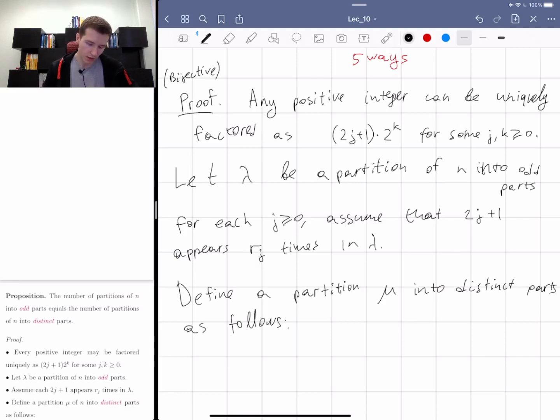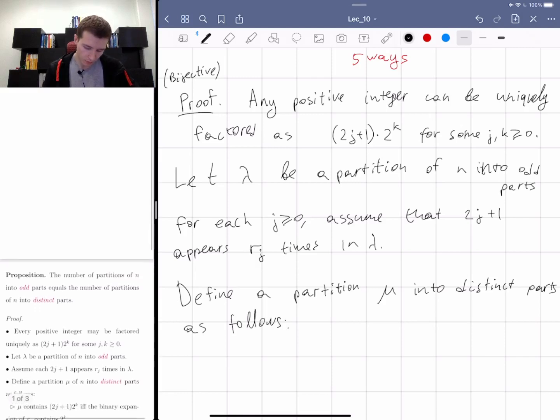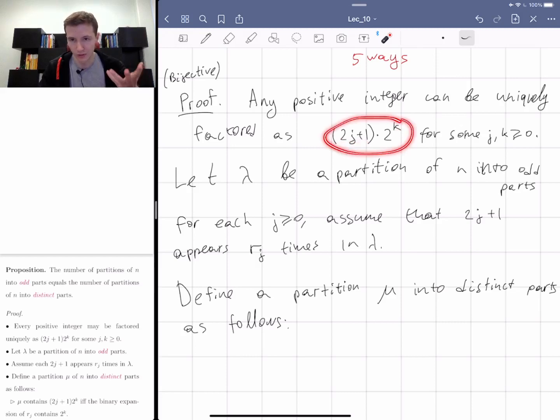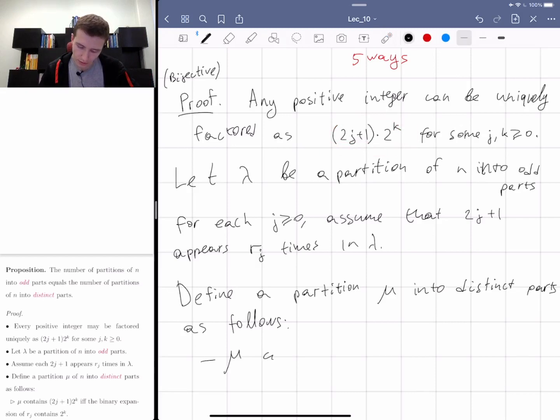So I'm going to represent every part of mu in this form. I'm going to specify the j and the k, and then that would specify this integer uniquely. So the idea is that mu contains this integer (2j plus 1) times 2 to the k, if and only if